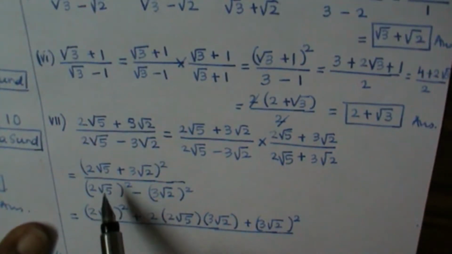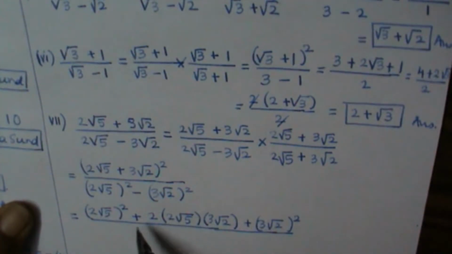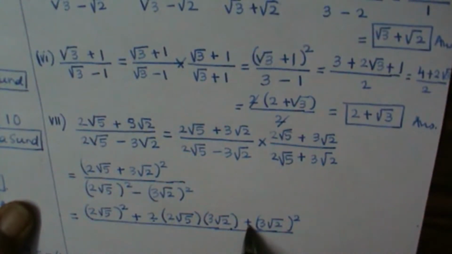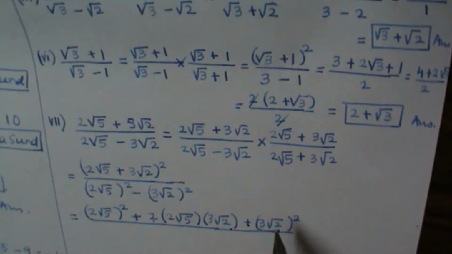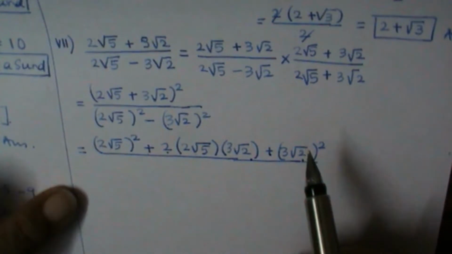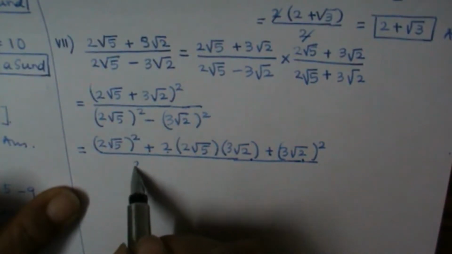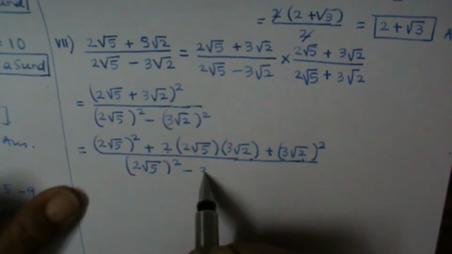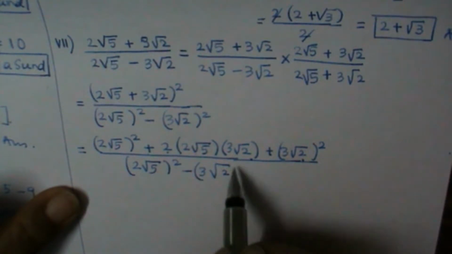So double check, a square plus 2ab plus b squared. So we are on the right track. Now the denominator, 2 root 5 whole square minus 3 root 2 whole square